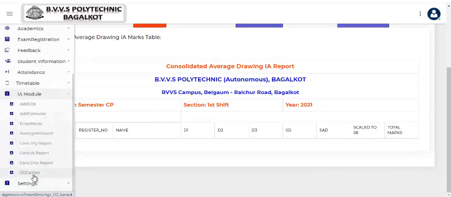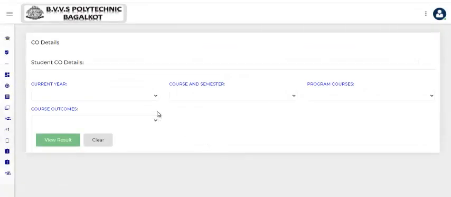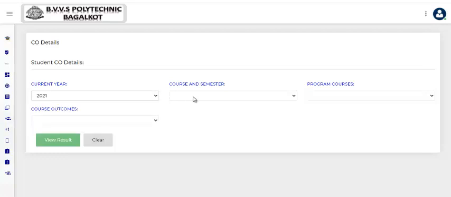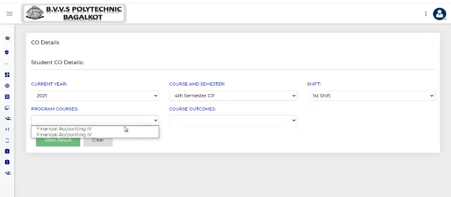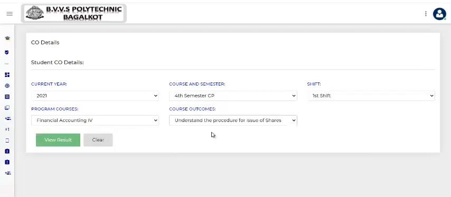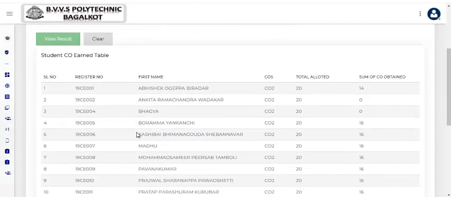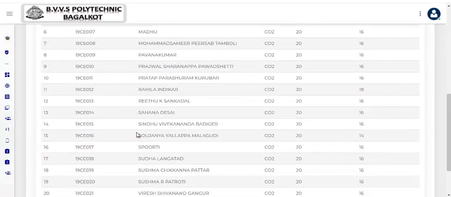And next I'm coming with the CO earned. Here I'll just take it as for a year, for 4th sem, first shift, financial, view result. You can just see here the complete result has been mentioned here.